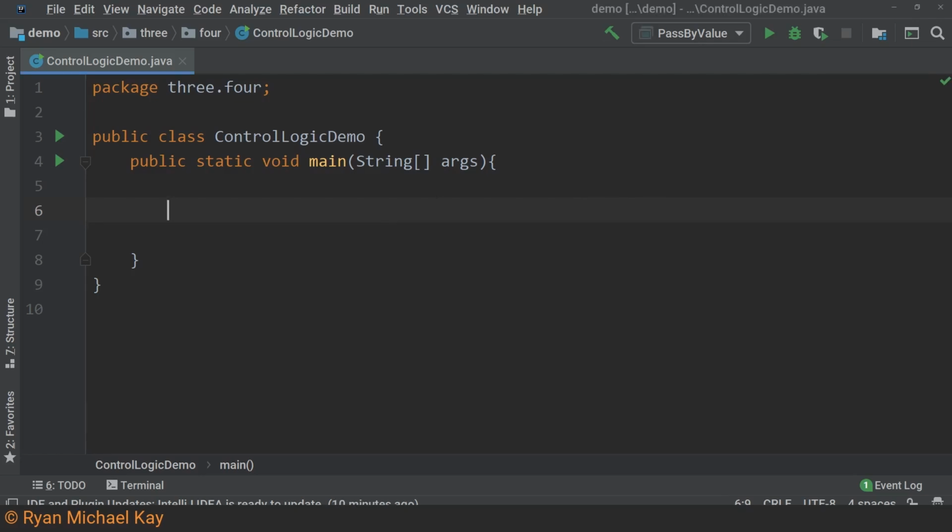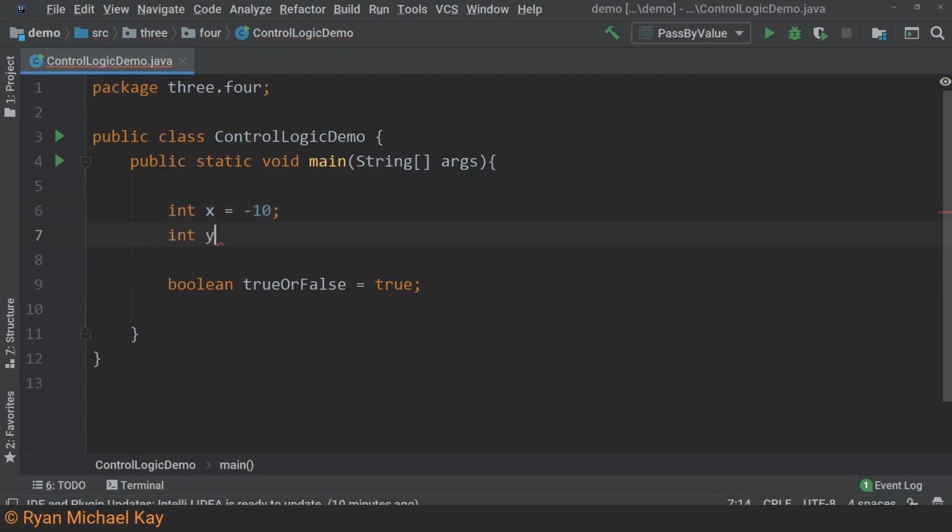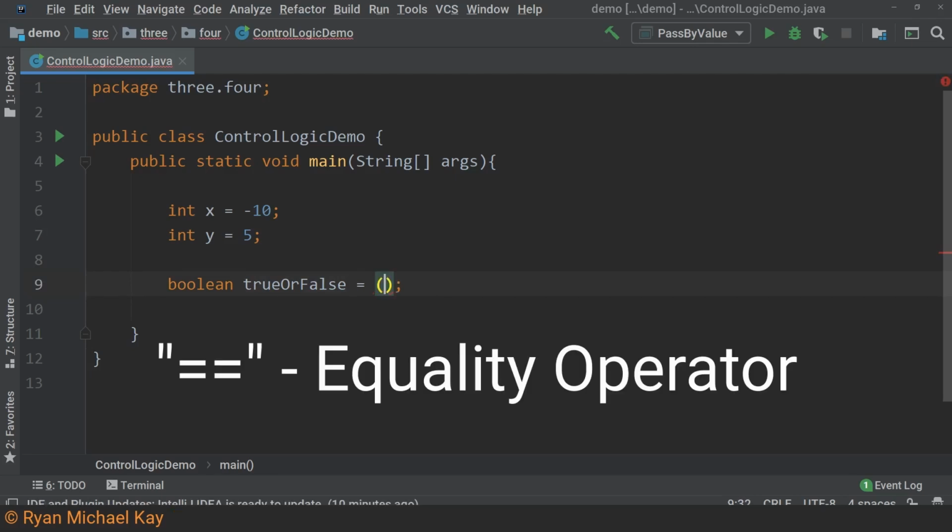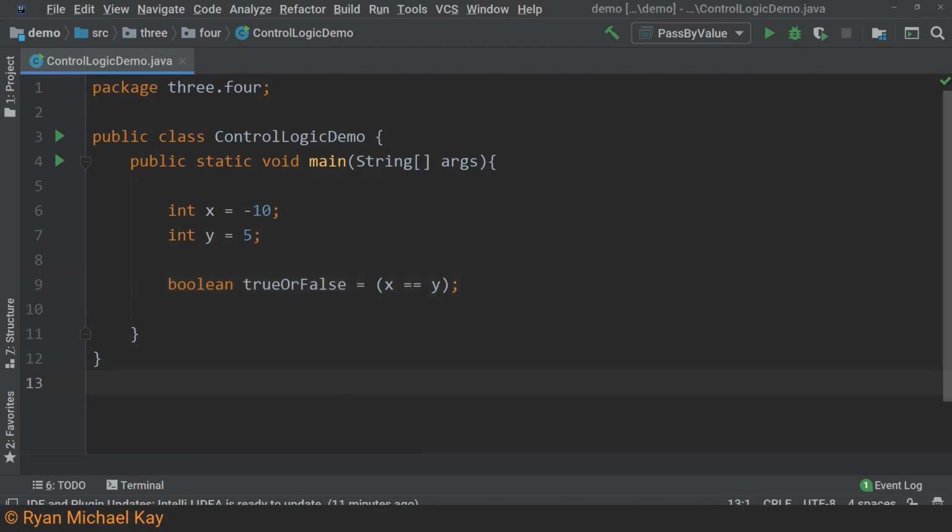As discussed in the lesson on primitives, Java has a primitive type called Boolean, depending on how you prefer to pronounce it. A Boolean may either represent true or false. You can assign a Boolean directly to true or false, but most of the time we assign the value based on some kind of Boolean expression. For our first Boolean expression, we will use the equality operator. Although most IDEs are good at catching this mistake, always be careful when working with the equality operator that you are not using a single equals sign. A single equals sign is interpreted as an assignment statement, and it can create some very unfortunate and unexpected behavior.